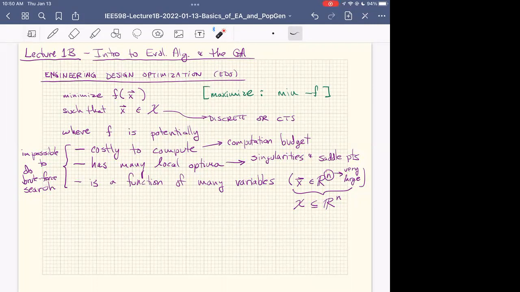So the parameters that go into the function are real world attributes that somehow affect what we're trying to optimize. That's the idea here, that you have a real world system, and